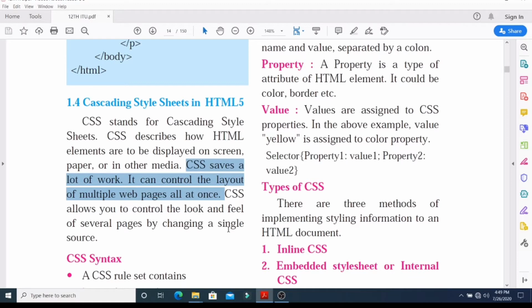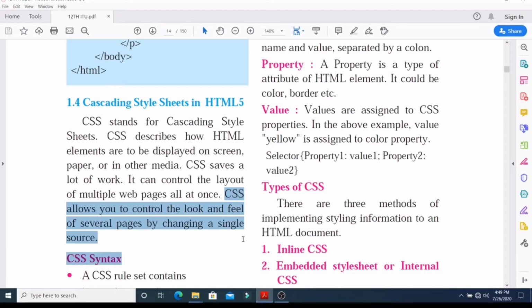CSS allows you to control the look and feel of several pages by changing a single source. You don't need to write a different source for different web pages. You can use only a single source code to change the look and feel of many web pages all at once, easily, without wasting time.